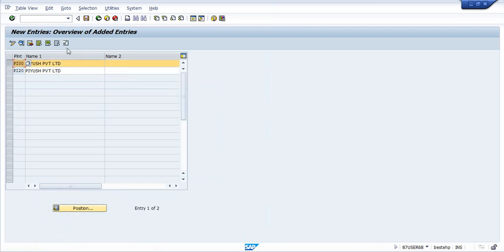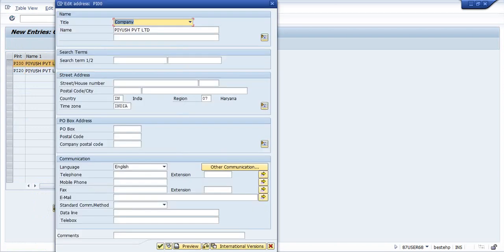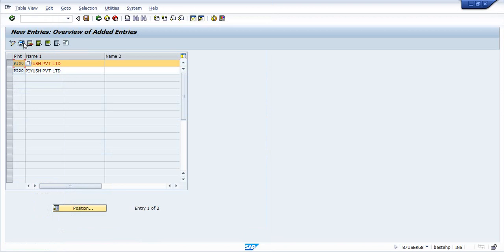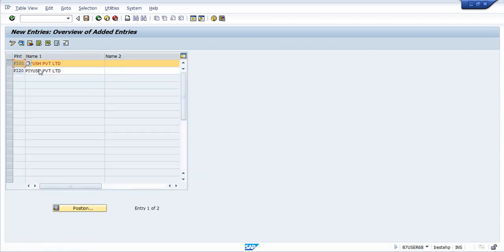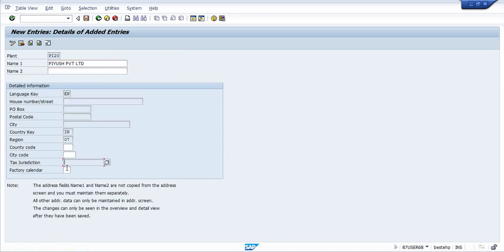But for these plants you have to assign the calendar also. Let us use the standard. This is 01 factory calendar, and for plant 2 the same calendar has to be applied.